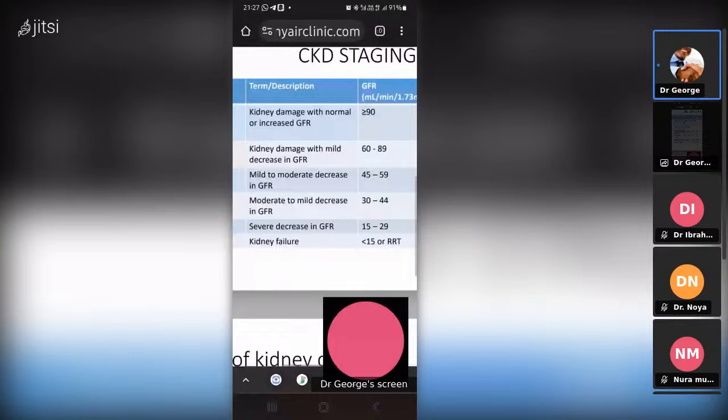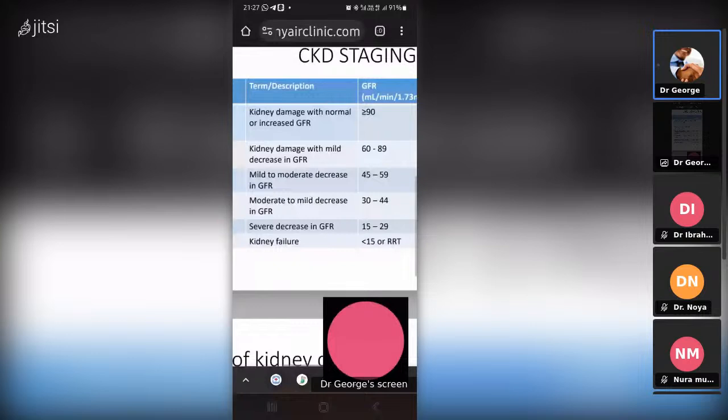This kidney failure is also known as end stage renal disease. Once a patient enters end stage renal disease, in fact from stage 4, the patient should be on dialysis. The patient should be planning towards renal transplant. Once the patient enters the irreversible stage 5, then the patient should definitely have that renal transplant. So those are some of the things about staging of CKD.